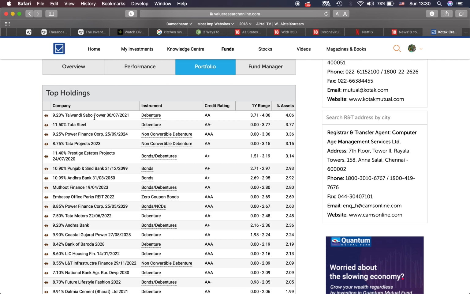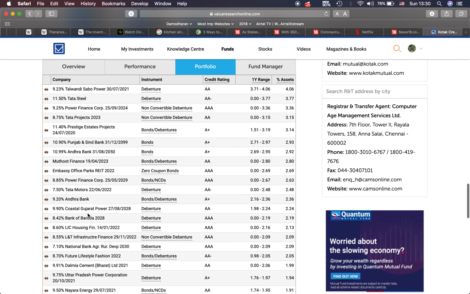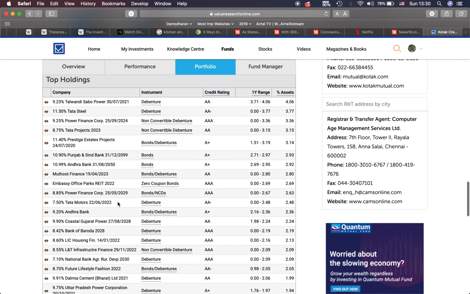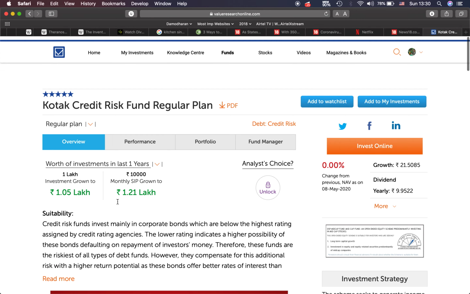We don't even know if this company will respect these papers. Then you have all these Embassy Office Parks, Coastal Gujarat Power. So according to this you can decide which fund is safe or not.